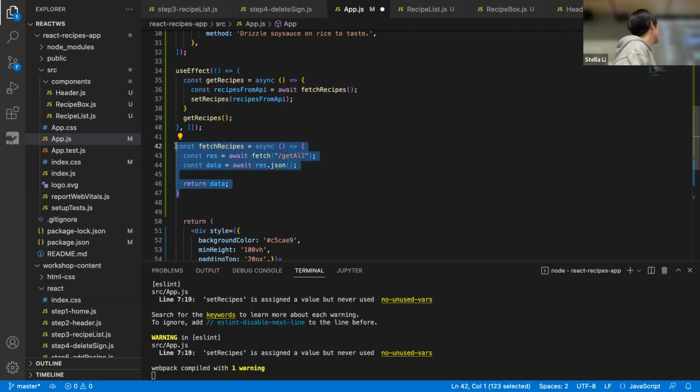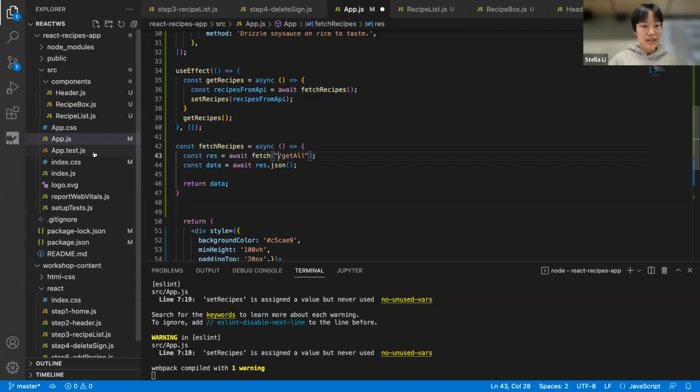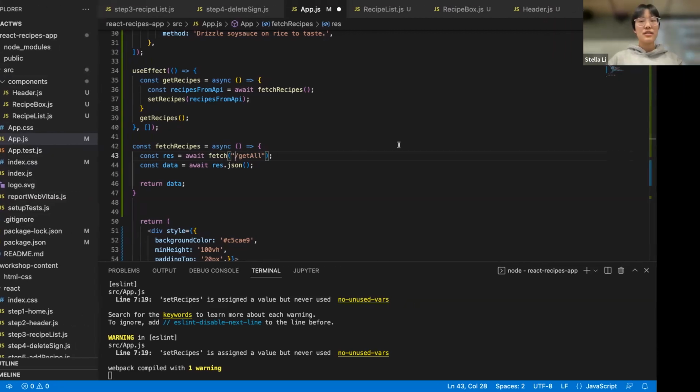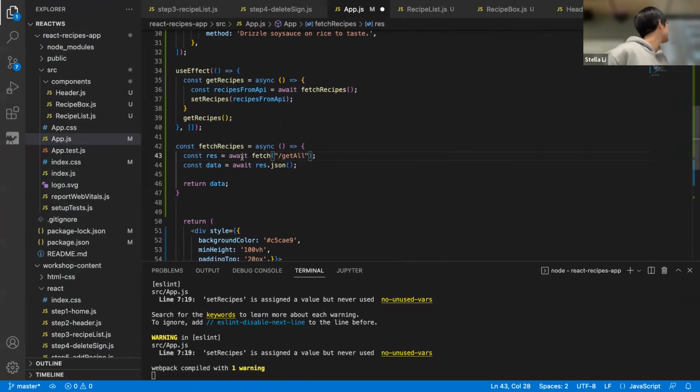And this is how you would fetch something from the backend. So we would use the async and await keywords that we talked about before. And fetch is the function that you would use to call a URL. I had to change some of the configs, but we have our server, which Prashanta created in the previous tutorial, running on port 8000. So you could also just do localhost 8000, but in this case,